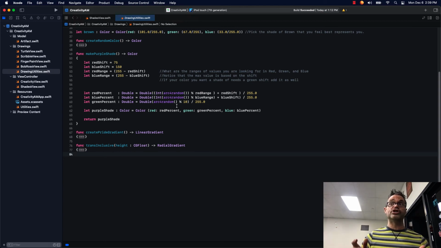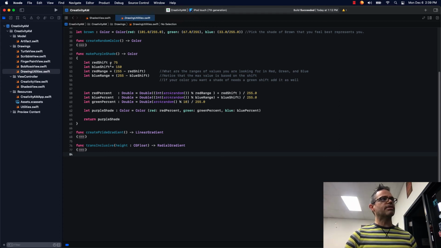If you look at an RGB picker website or a tool that you have in some other software, you're like, oh, I like this color and this color and this color. And you look for that pattern, like, oh, most of them have reds in this range, most of them have greens in this range, blues in this range. By using that information to calculate that color range you're looking for, storing that in the red shift, blue shift, and red range, blue range, green shift, green range as appropriate, grab those values, assign a percentage